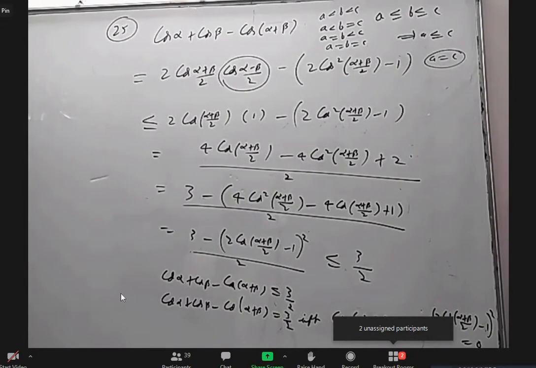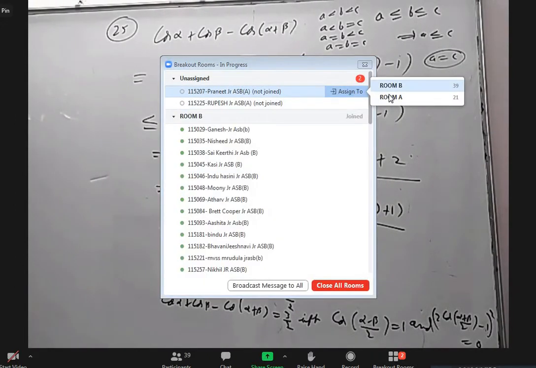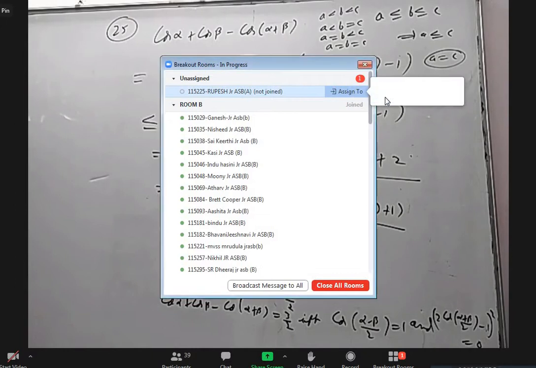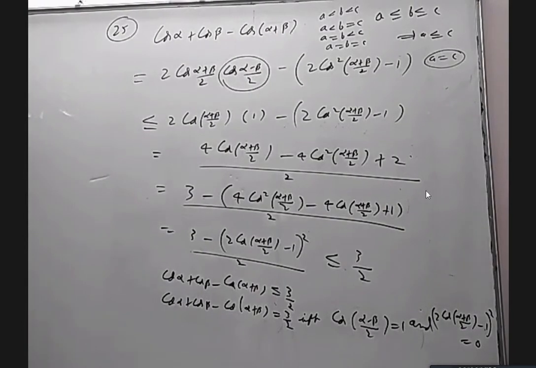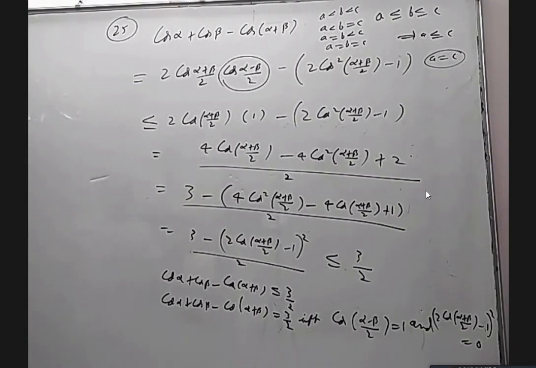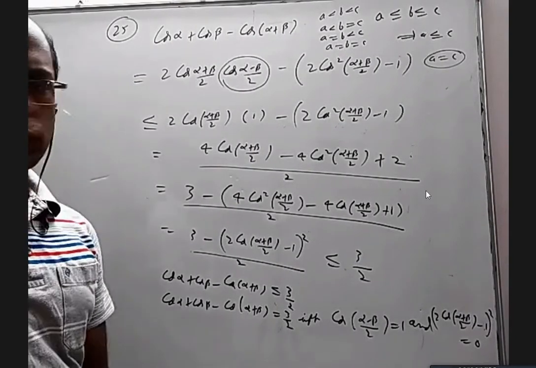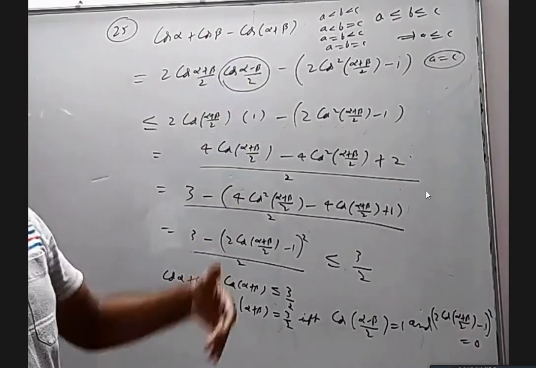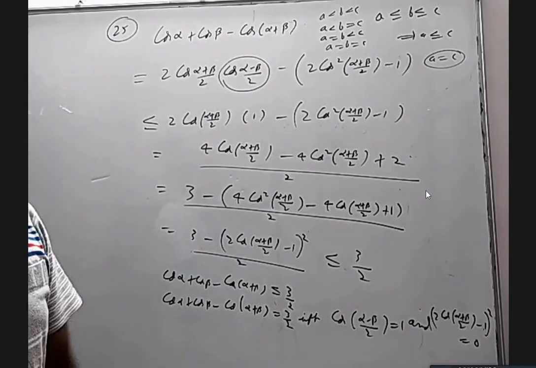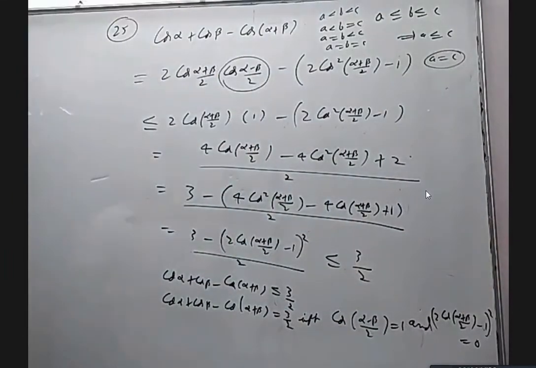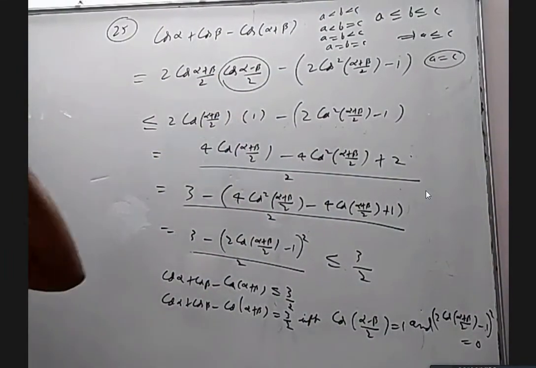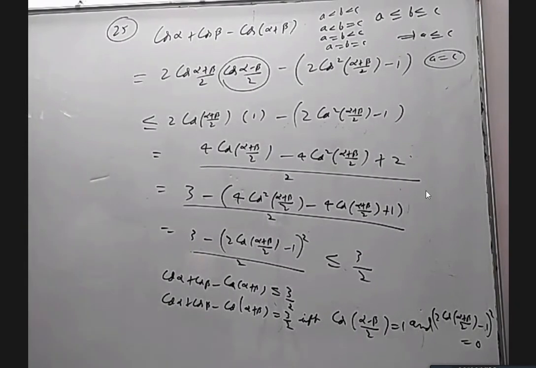Sir, one doubt, sir. Yes, please. Sir, after cos of alpha minus beta by 2 is equal to 1, we already considered it over, no, sir? Then after that, we also equated. Sorry, your doubt is... Anyway, first try to understand as far as possible, copy it. Sometimes in the process you'll understand. If you don't understand, after a few minutes I'll explain again. Okay? Sir, for the minimum value, while calculating it, I can replace cos of alpha minus beta by 2 with minus 1. Yes, you are right.